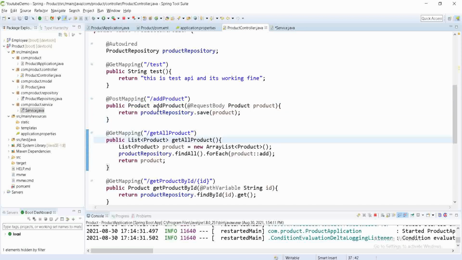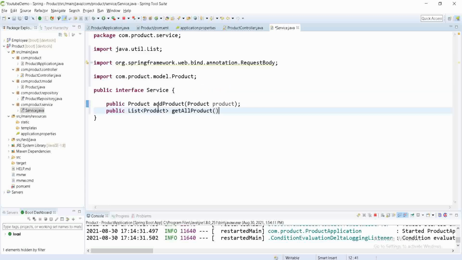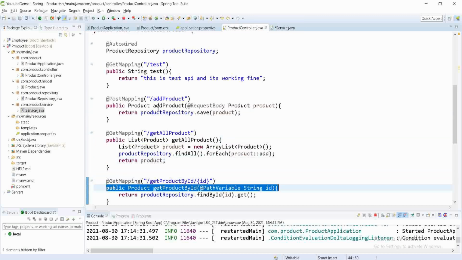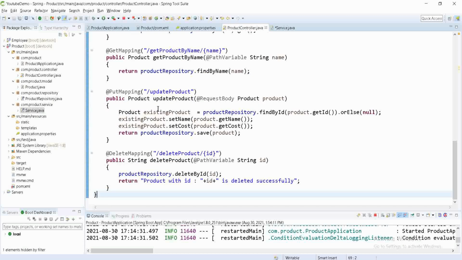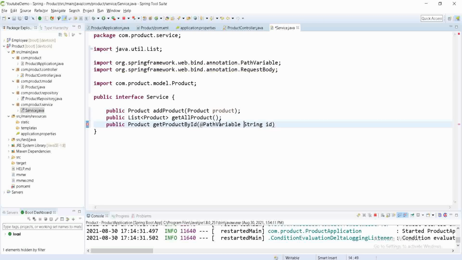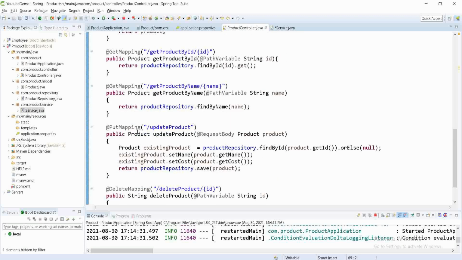The second is for list product. Then the next one is for getting product by ID. Then the next is getting product by name.